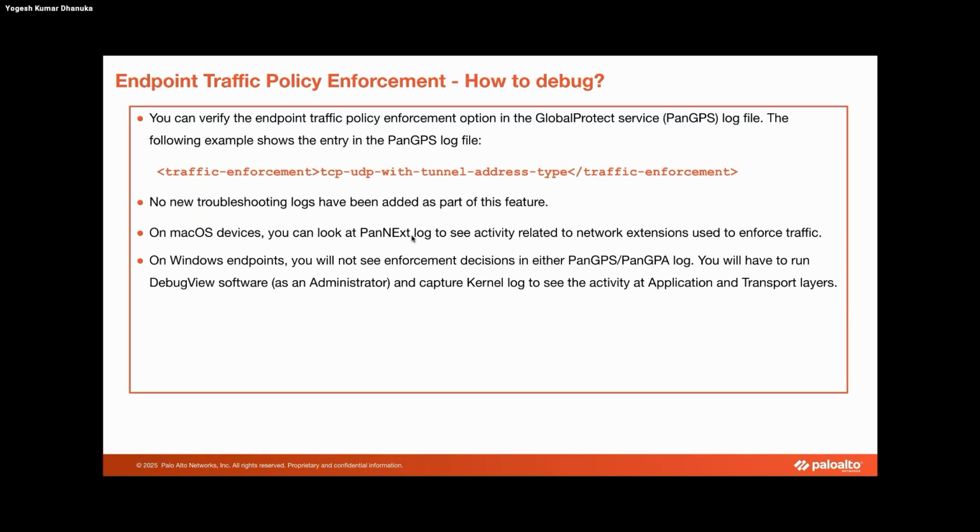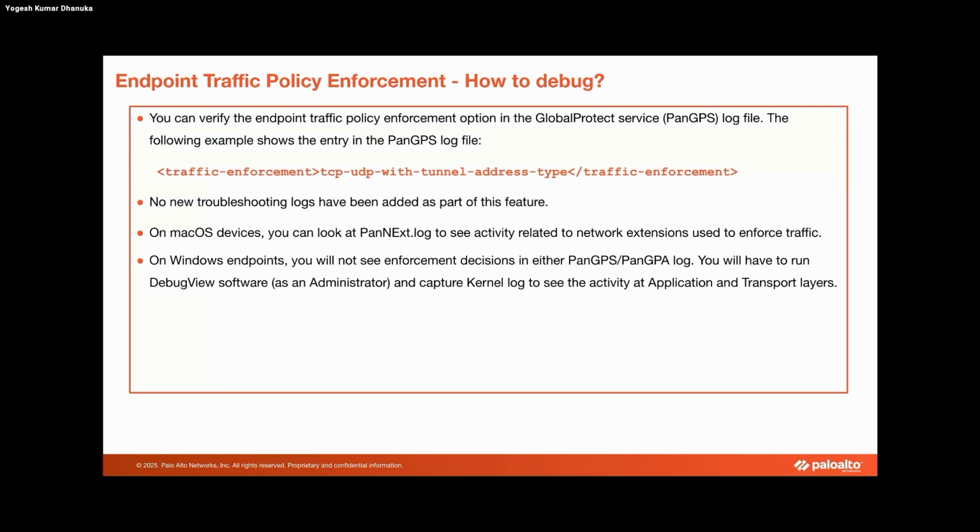So under the pan-next log, if, during the course of a GlobalProtect connection, there are some domains or connections which are blocked unexpectedly, and it has been identified that this is happening after you enable endpoint traffic policy enforcement, and disabling that does fix the issue, you do know that there is something with the traffic policy enforcement, but don't understand why. So, the best way here is again,